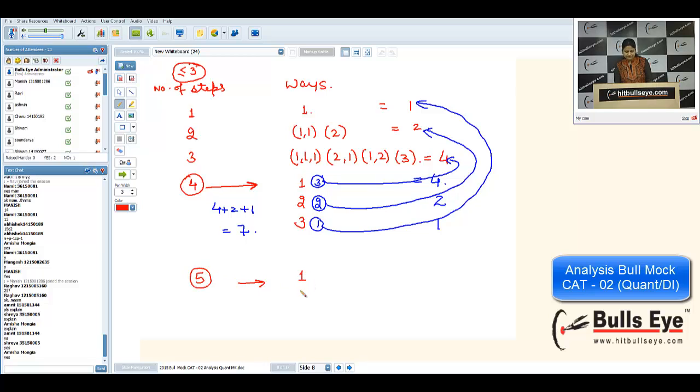Once again, suppose there are 5 steps. Either I'll take 1 step at first go, 2 or 3. More than 3 I cannot go. That is the limit. If I take 1 step at first go, I am left with 4 steps, which can be climbed in 7 ways. If I take 2 steps at first go, I'll be left with 3 steps, which can be climbed in 4 ways. Similarly for 3, it will be 2. So what I am getting